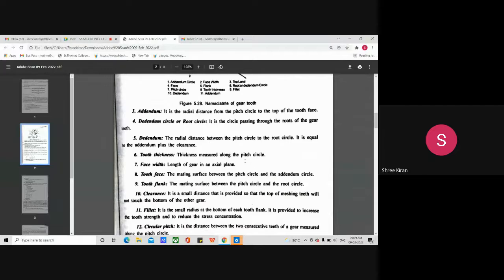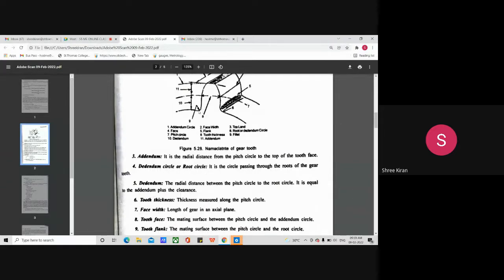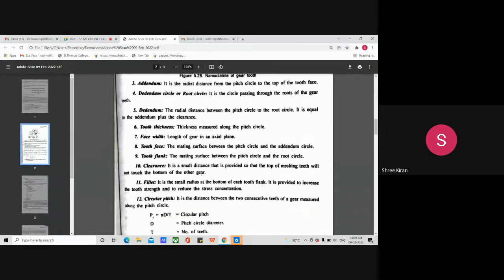It's a small radius at the bottom of each tooth flank. See this curve, the small radius. That's what we say tooth flank. So it is a small distance that is provided at the top of the tooth flank, the mating surface of the pitch circle. So this is the tooth flank. Then comes the clearance, then comes the fillet, then comes the circular pitch,